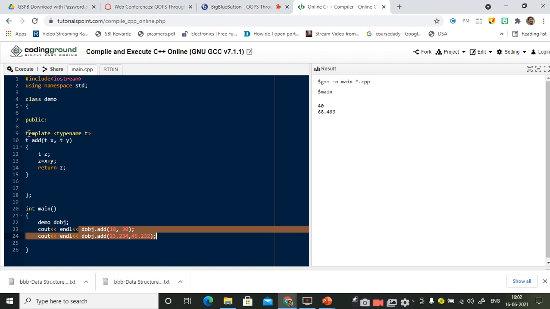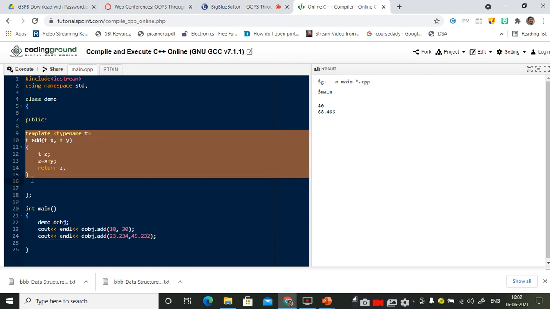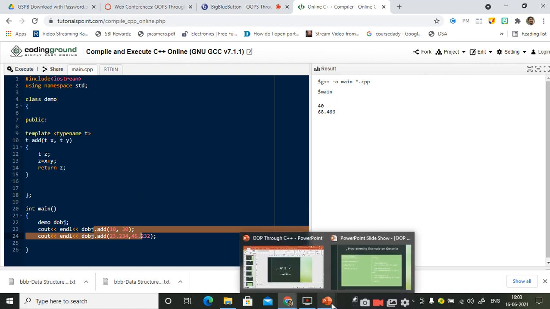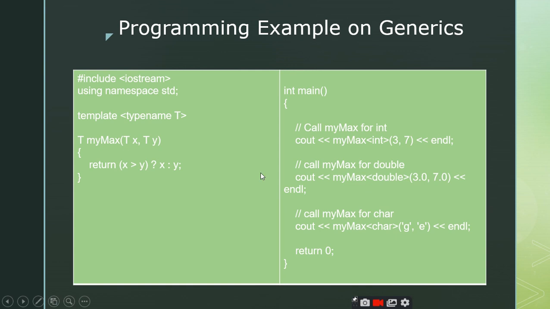So before compilation, I have only one template function, but after compilation, since I have invoked this add function twice, once using integers and the other time using double, it is going to create two functions. One is with integers and another one is with double. Is it clear up to this point? Yes, sir.